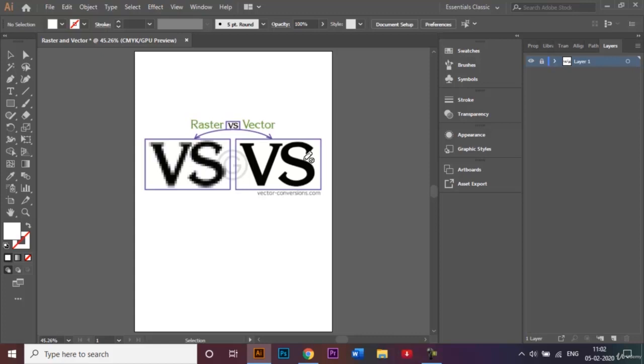And the most common file extension of a raster image, you will see, is the JPEG format. All these images that you usually click from your camera or a DSLR are on most occasions saved in a JPEG format. So that's a raster image, right? Some raster images can also be saved in a GIF format. You know those small animated motions, right? Which are saved in a GIF format. That's also raster. Whereas the file extensions for vector are usually AI, which is Adobe Illustrator, PDF,